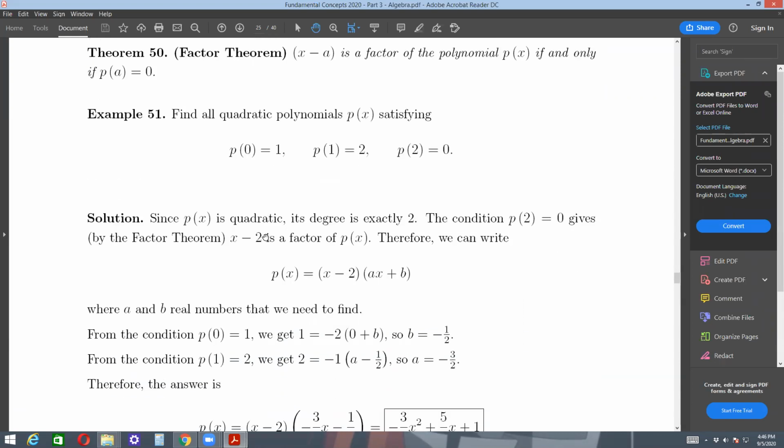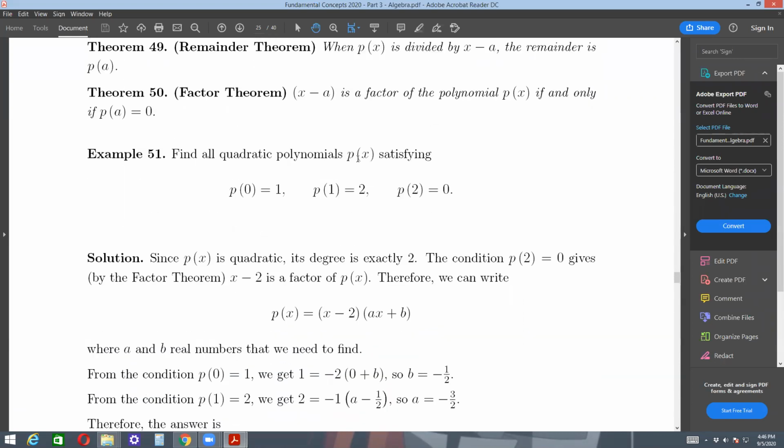All right, an example here: find all quadratic polynomials p of x satisfying these three properties. So we know p of x is a quadratic. It means the degree is 2. Now from this, you could say, well, let p of x be ax squared plus bx plus c, and then try to solve. You have three conditions. You could solve for those simultaneously. But before you do that, this